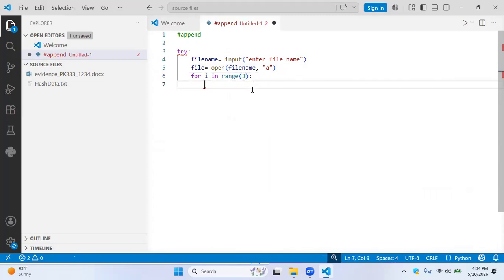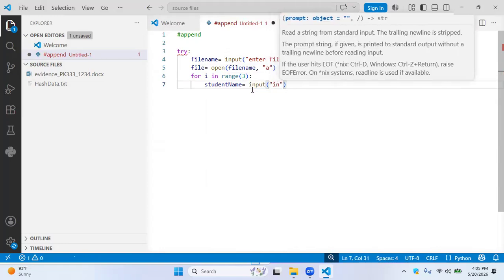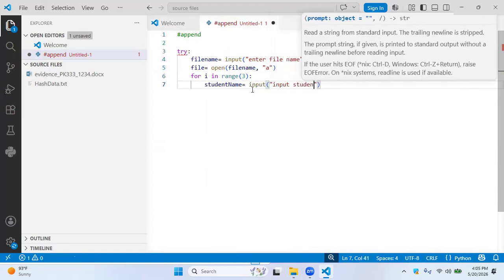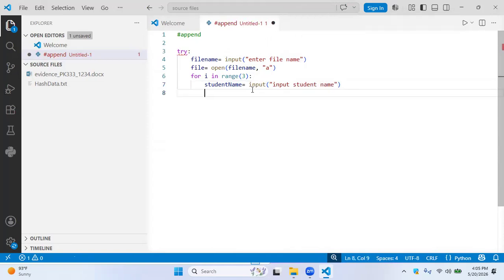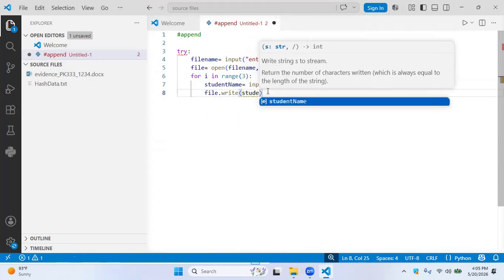So I just want to have a loop of 3, student name, and I want to say student name, input student name, and then comes the actual line which will write the data or append the data onto the text file, which is going to be file.write student name,